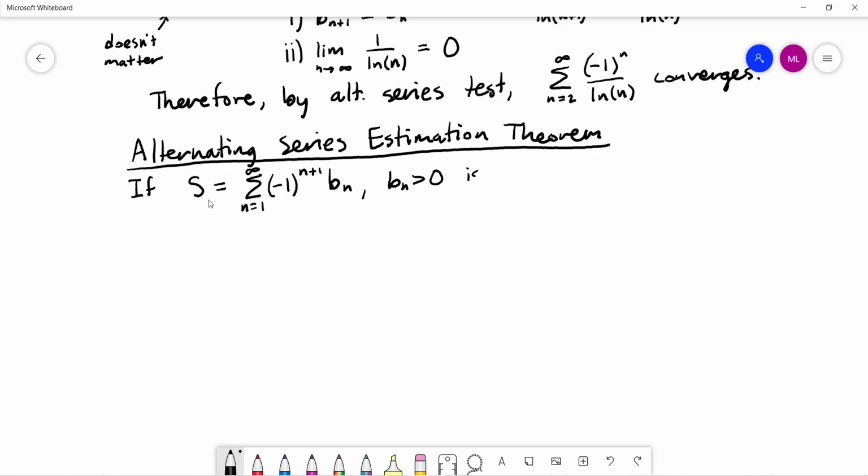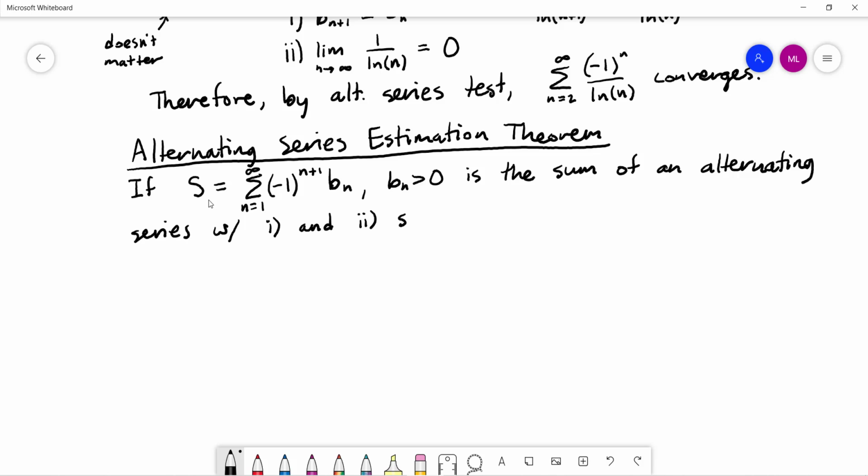So if S is that sum of an alternating series, with condition 1 and condition 2 satisfied, to ensure that it does indeed converge, then it turns out